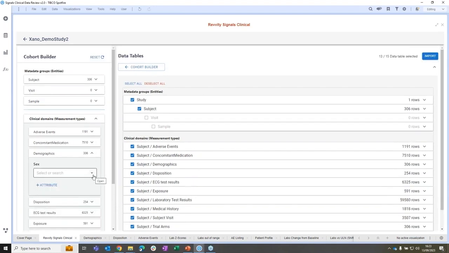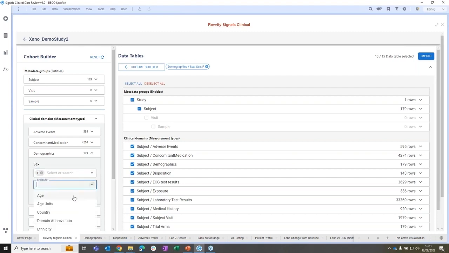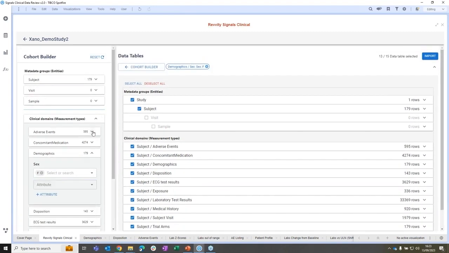So let's say I go into demographics, I go into search, and over here I'll say, okay, only females. So now what Signals Clinical is doing, it's basically searching the backend layer, and it's telling you, okay, for this study, out of 306 rows, 179 subjects are only female. So far so good. I can further use other demographic attributes to further hone in on this if I want to. Or I might use a different